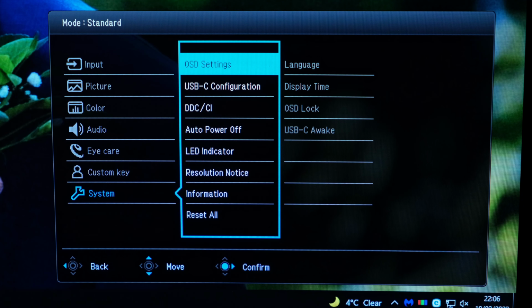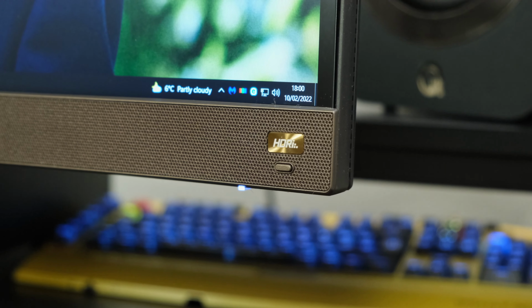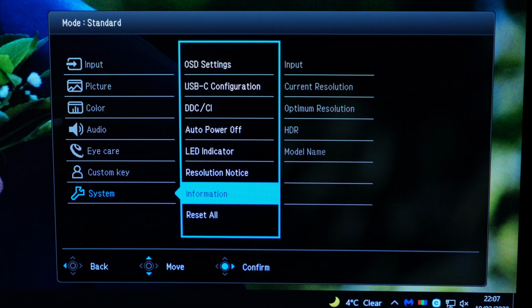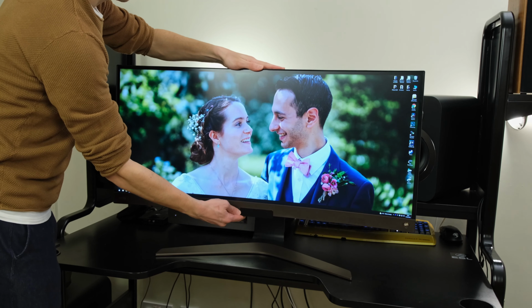Now as for the system setup, you've got the OSD settings and the USB-C configuration, which are all pretty self-explanatory. The LED indicator which resides at the front of the monitor can be enabled and disabled, and furthermore you can see what the resolution and the refresh rate of the monitor is by going onto the information tab through the OSD menu. So with the OSD section out of the way, let's talk about the build quality and the